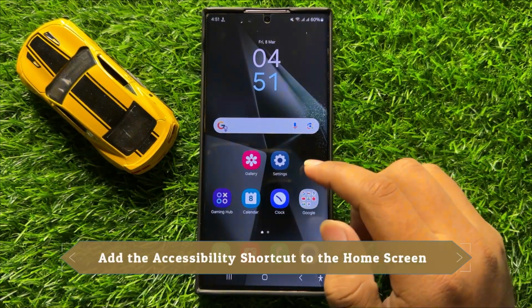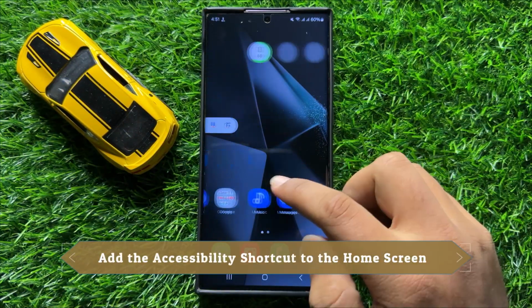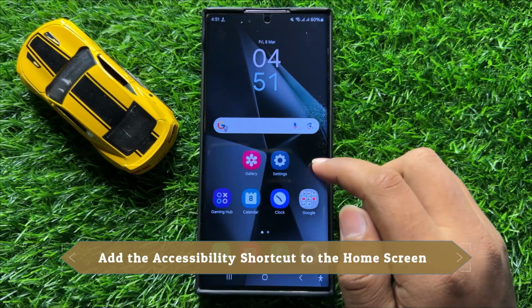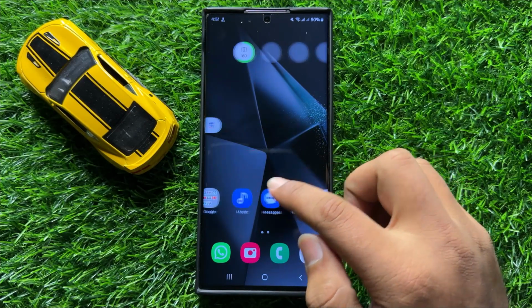Hello everyone, in this video I will show you how to add the accessibility shortcut to the home screen in